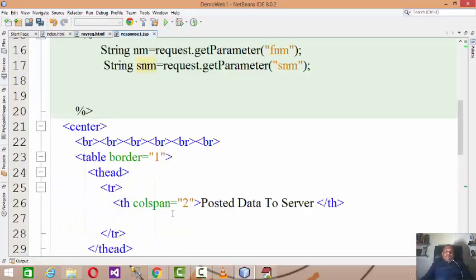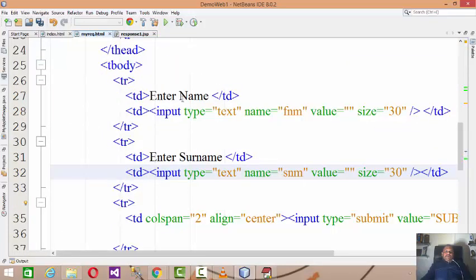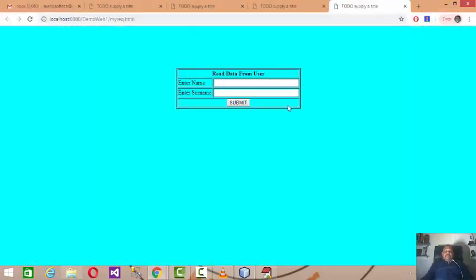Right? So let us discuss how it will work. Now here, if you run the request page, obviously the request page you have to run, it will prompt you to enter the name. Let's say you enter the name and surname and click on submit. Now this request form has to post this entered data by the user to the server.